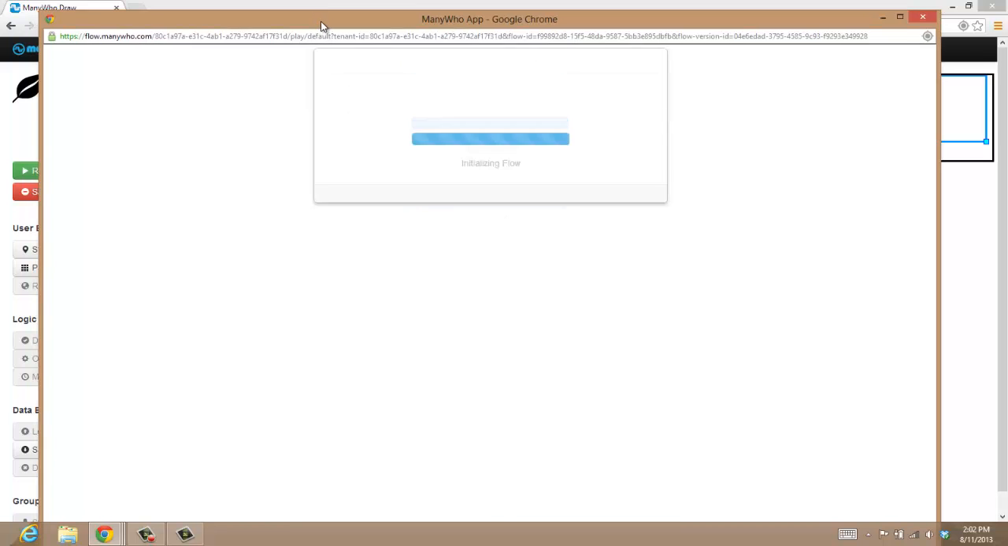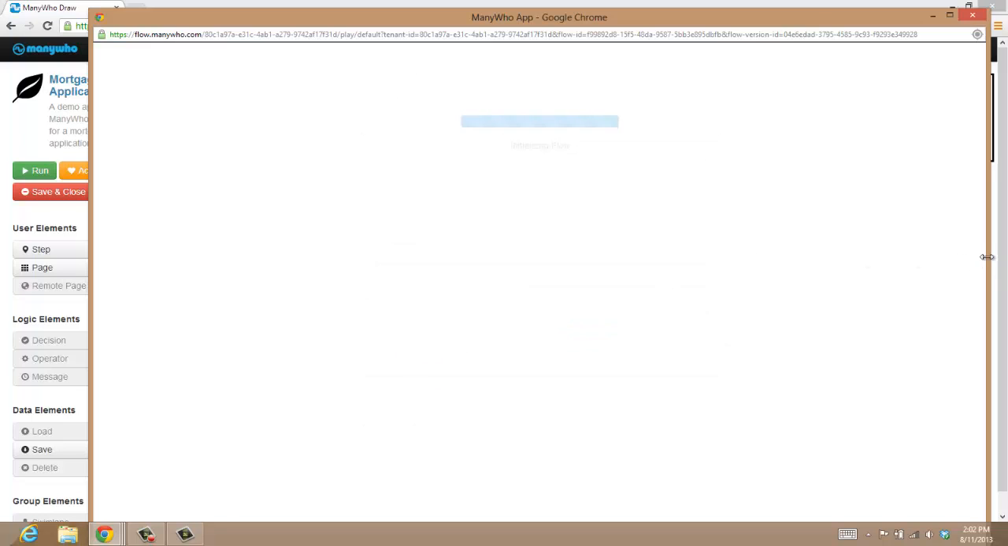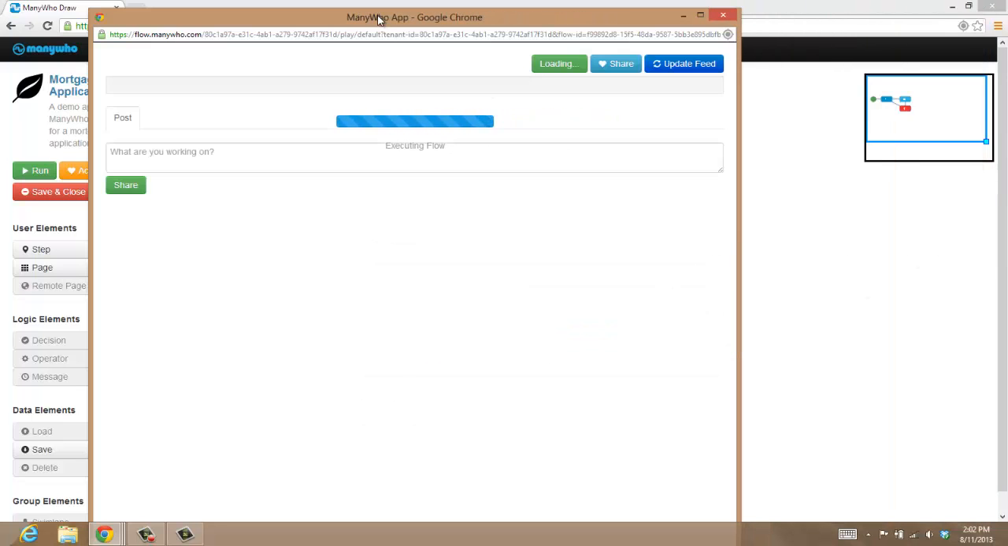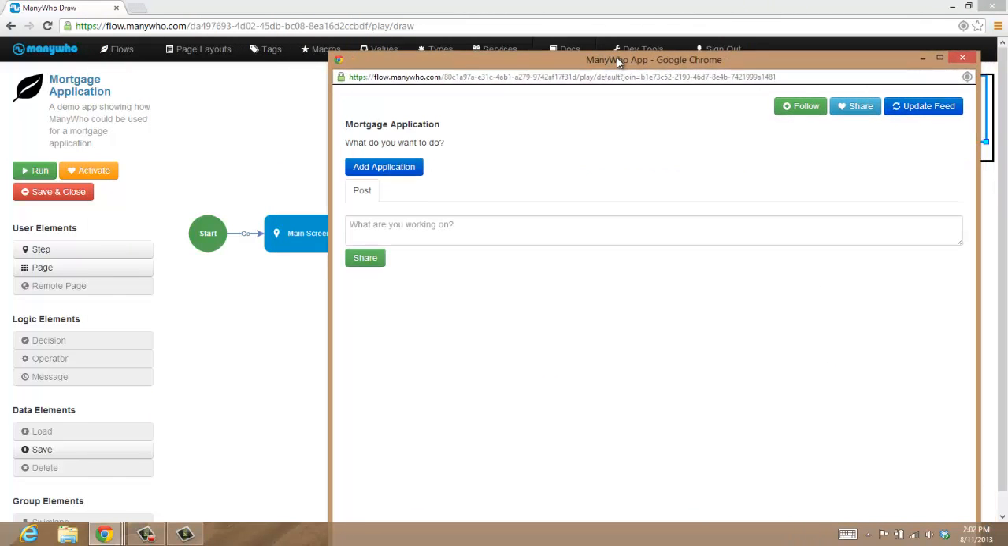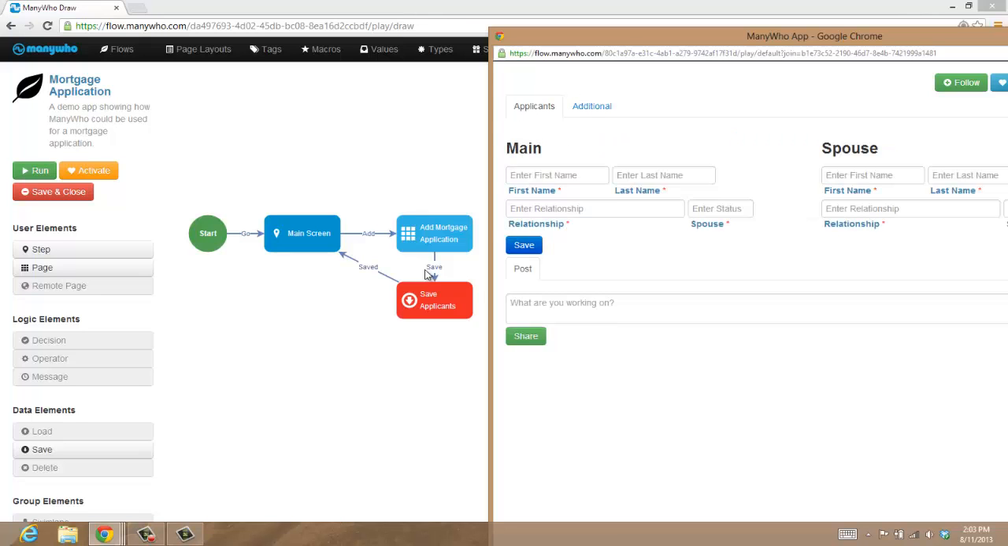Okay, and now the flow has been activated and it's running. You'll see it's just as before, but this time let me just log in and I'll show you one other aspect to the new experience of distributing the flow. So I'm going to log in again using my Salesforce credentials, and I'll come into the app as usual. So you can see here we've got the standard app, and you can see here we're on that first main screen. If I hit add application, you'll see that we get to that page layout screen here with the application